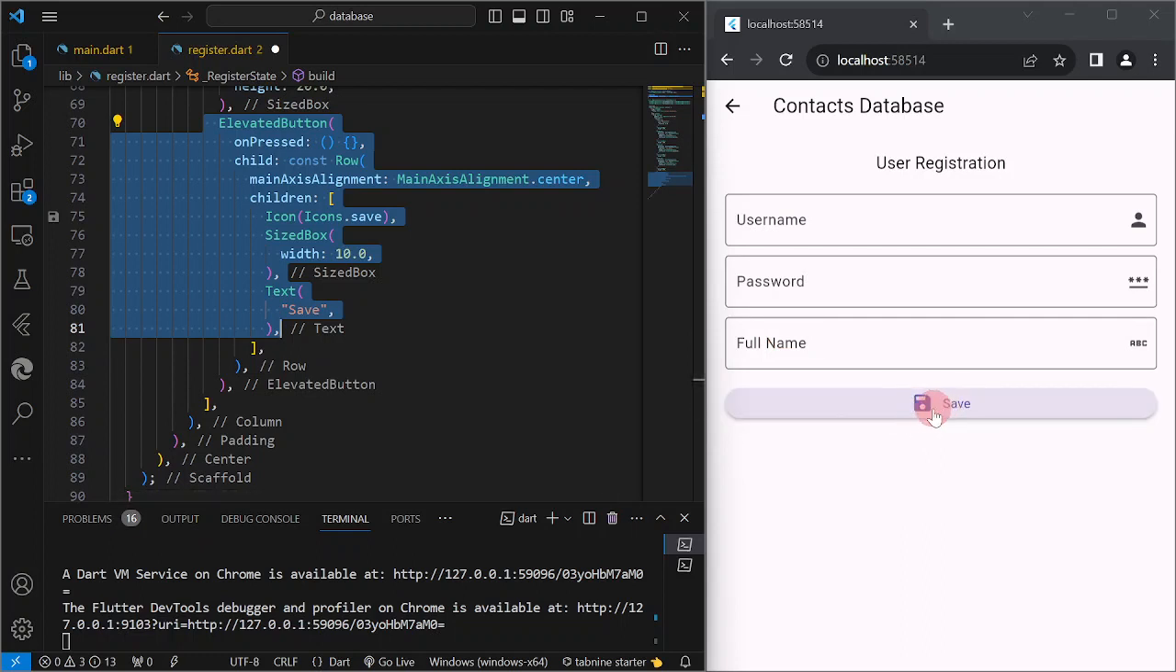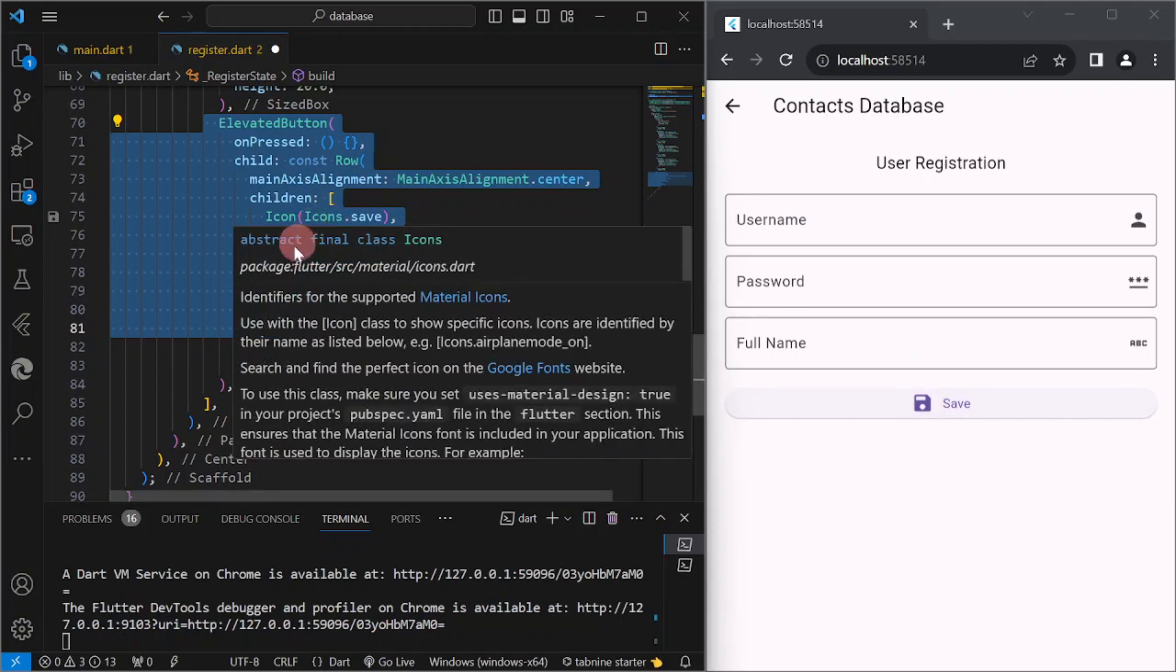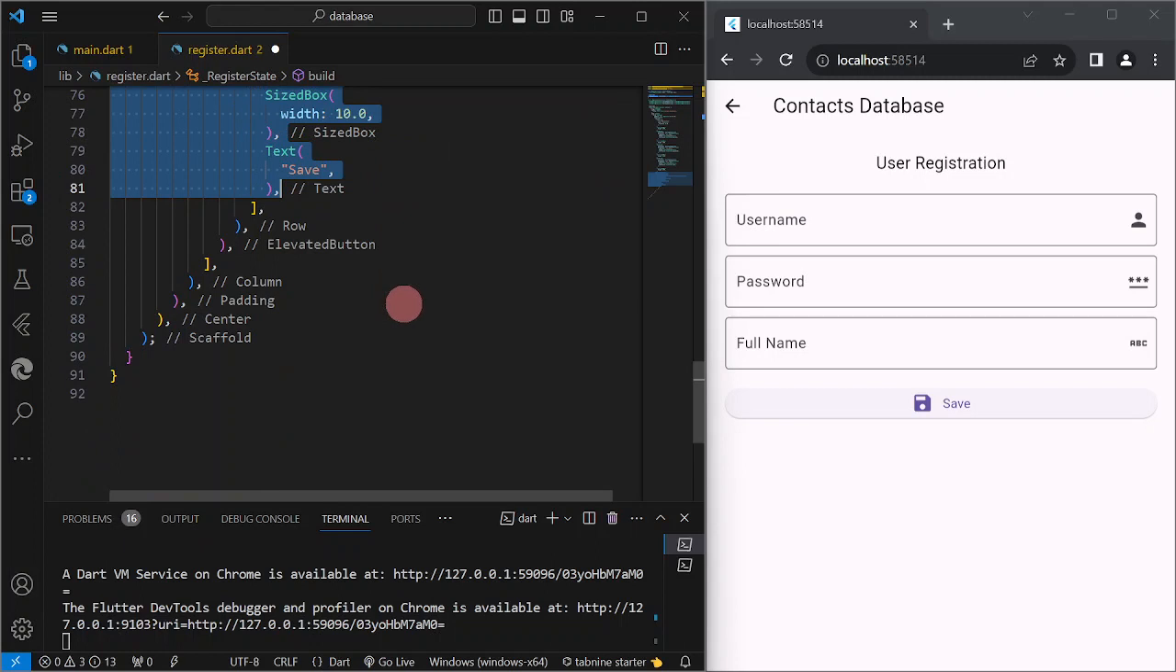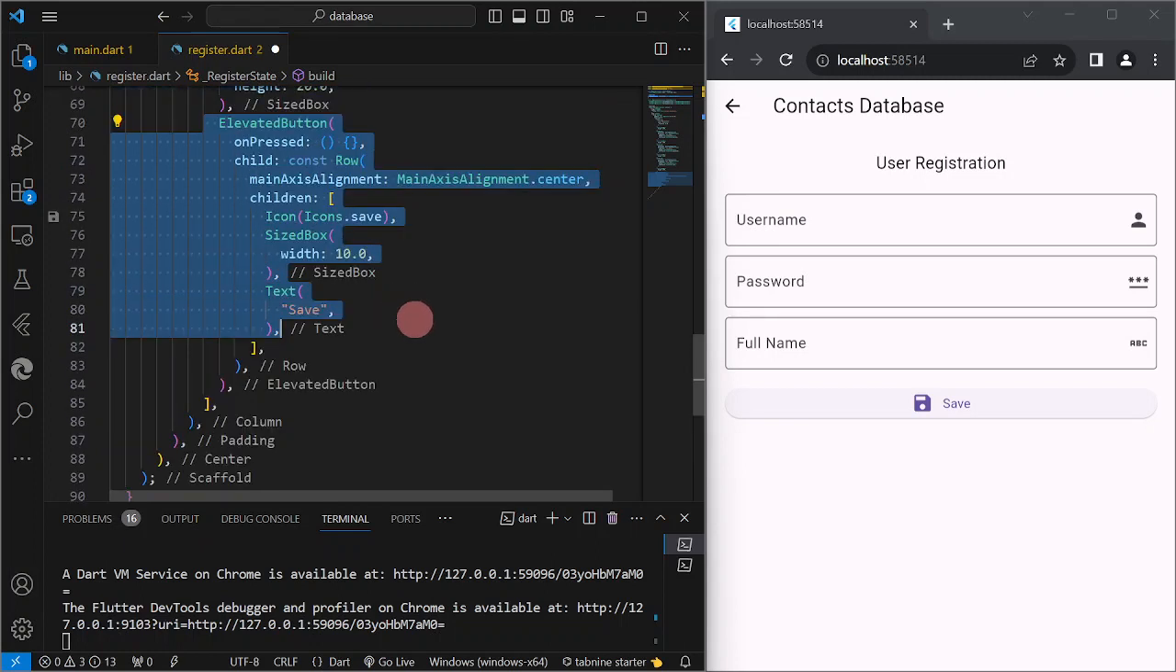By the way, this is how you are going to have an icon. I just created a row, and inside the row we have 2 widgets, the icon and the text, with a size box in between them. So what will happen is that when the user clicks on save, it is going to call